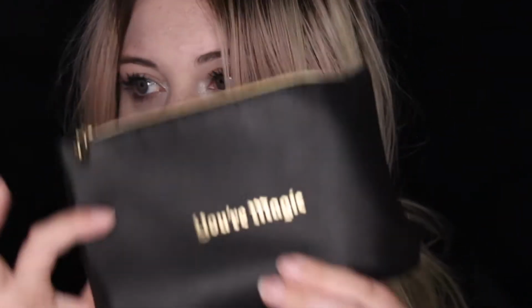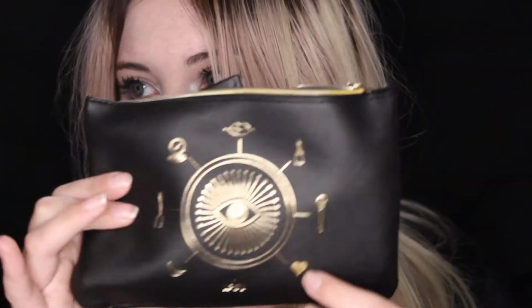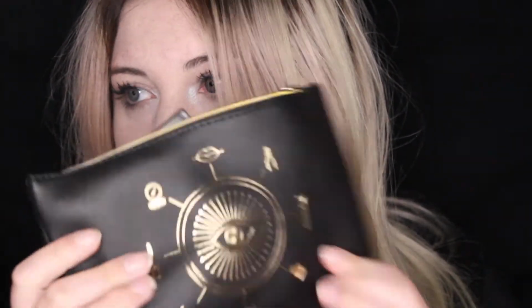Since both of these bags were sent in the same box, there was a sheet included, but it does not really tell you what is in each bag. So I'm kind of just guessing based off the products. There's one thing that was in this $12 bag that I definitely do not think belonged in it. So I kind of put in here what I thought would go. This is what the bag looks like. It says Your Magic on there. This is what it looks like on the other side. It's super stinking cute, and look at the little moon and star